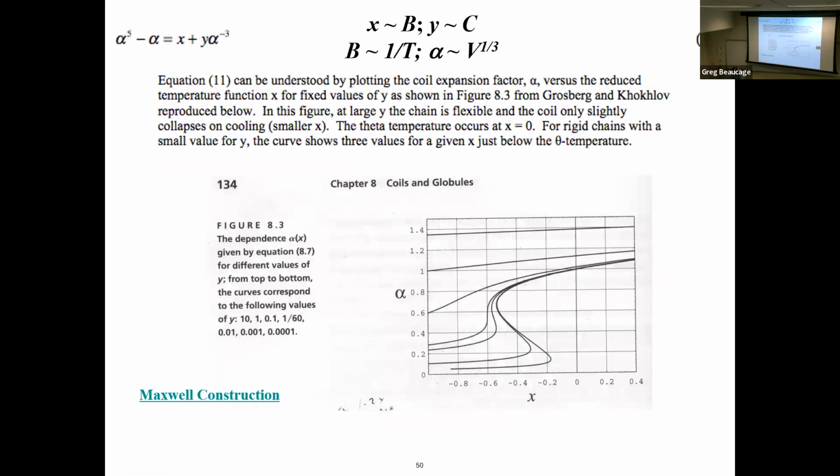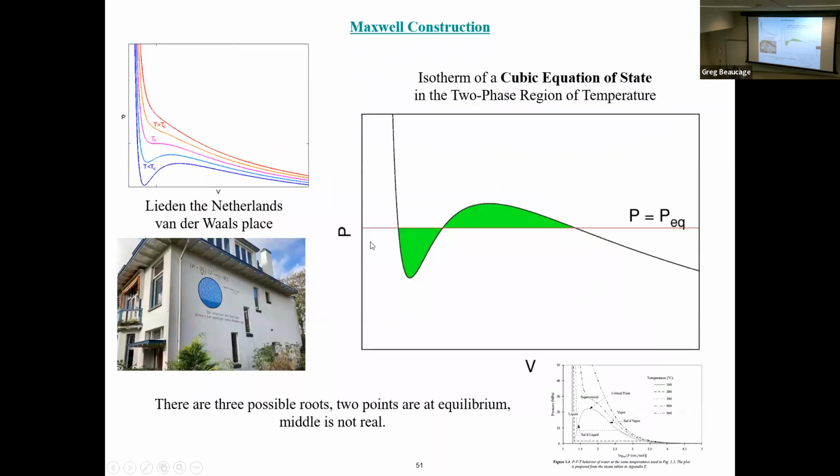So he gets plots of alpha versus the second real coefficient. So this second real coefficient's like chi, it's B over something over T, right? So basically this is like temperature and this is size. So it's almost like plotting volume versus temperature, like if you had a cubic equation of state. So cubic equation of state is like the van der Waals. That's van der Waals' house. It's got the cubic equation of state on the side of it. Anyway, so basically,